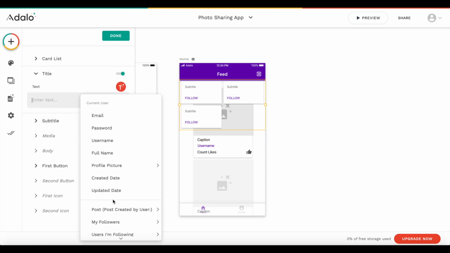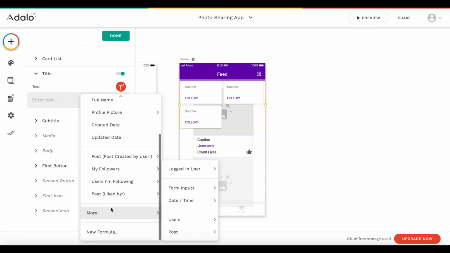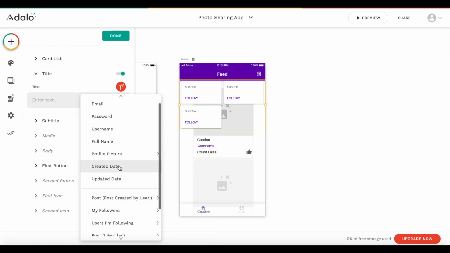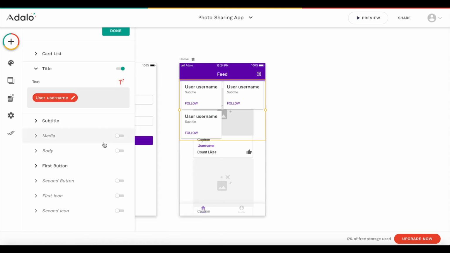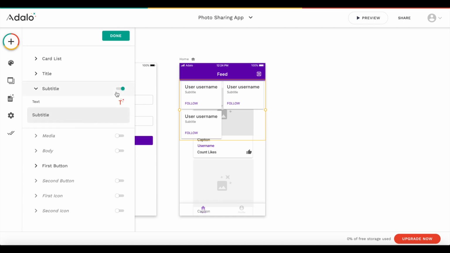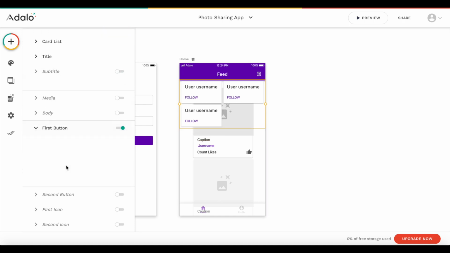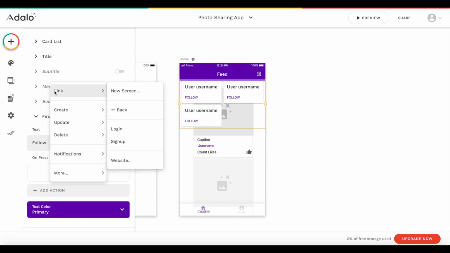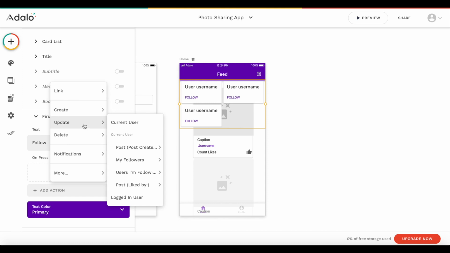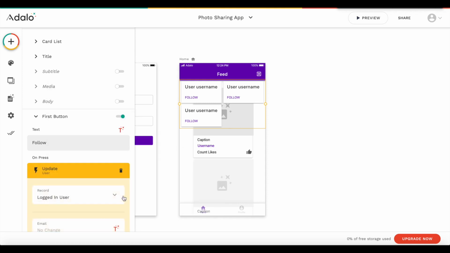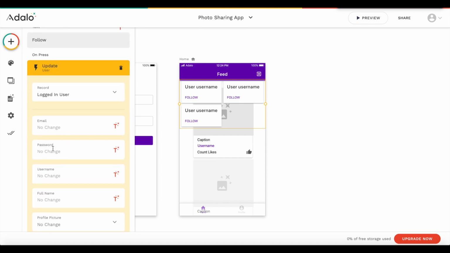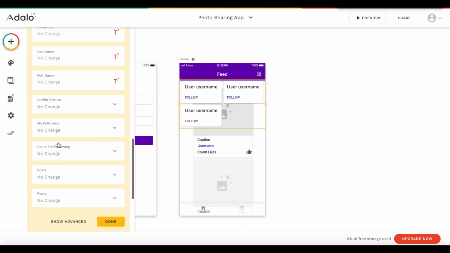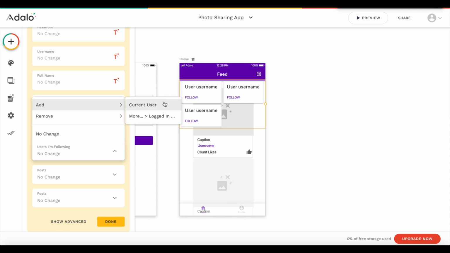So where is it? The current user username, okay, and the subtitle we can actually also remove that. And for the button, we want to say, okay, when this is pressed, we want to do something else again. We want to update the current user, or the logged in user. And what we want to do, to the list of users I'm following, we want to add the current user,